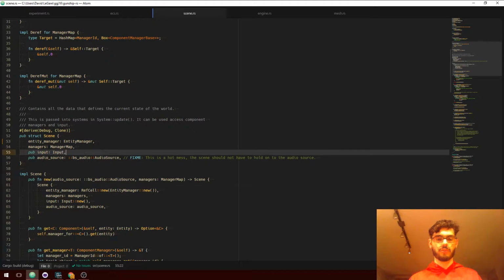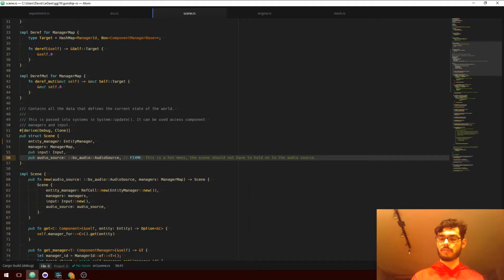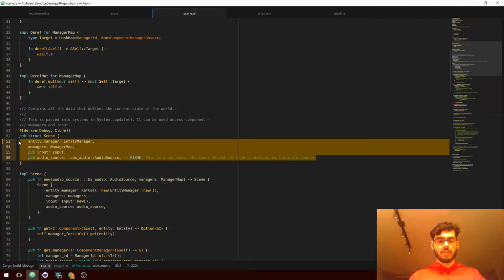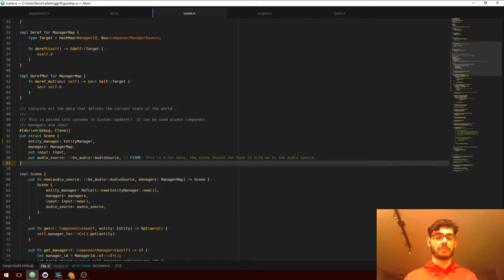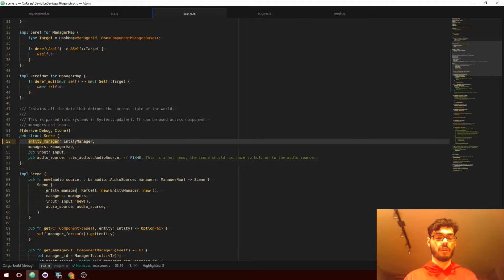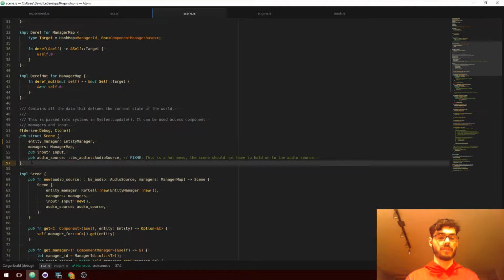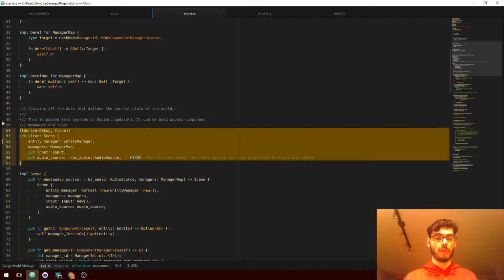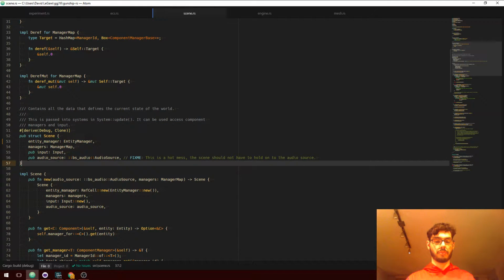So as a result, scene doesn't have a ton of purpose. There are some limited cases where it would be useful. For example, if I wanted to completely reset the state of the world in the game, all at once, it would be possible in theory, if scene had access to all of the entities and all of the component state data, that wiping away the scene and creating a new one would completely reset game state and achieve the desired effect.